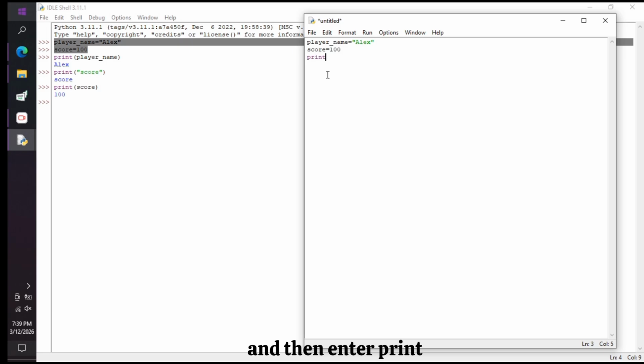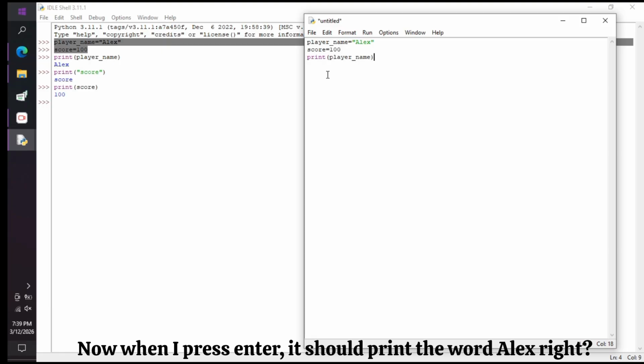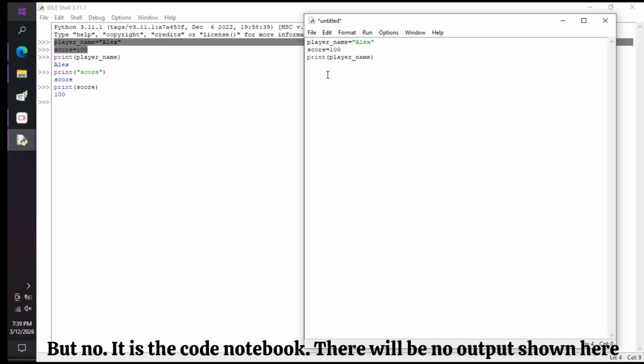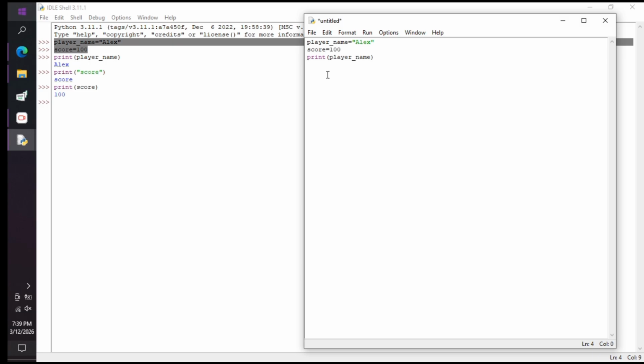print. Now when I press enter, it should print the word Alex, right? But no, it is the code notebook. In here there will be no output shown. Now if I write print score,